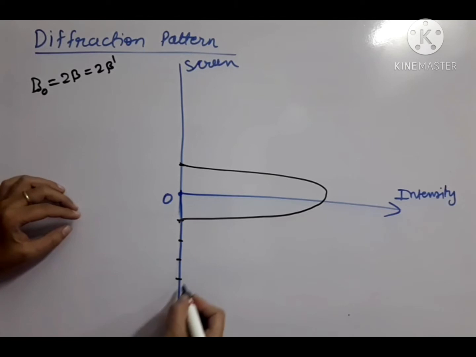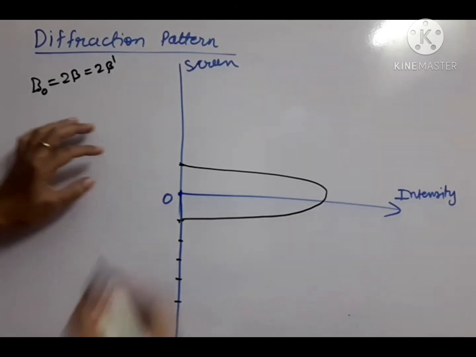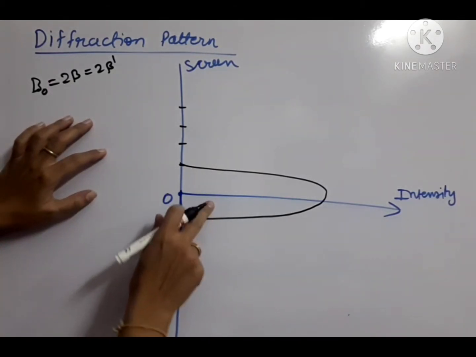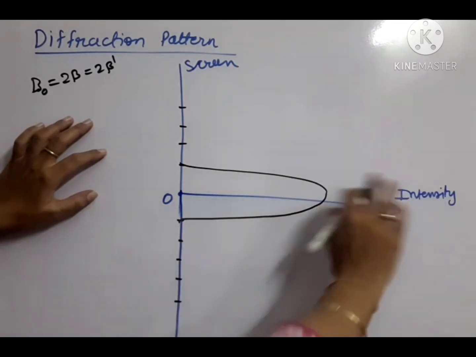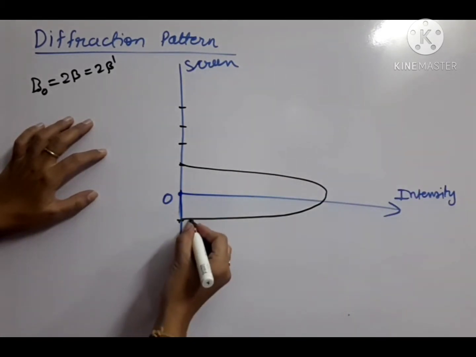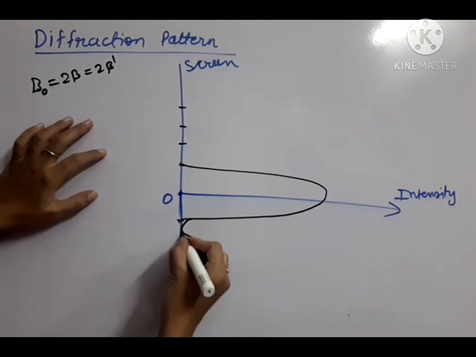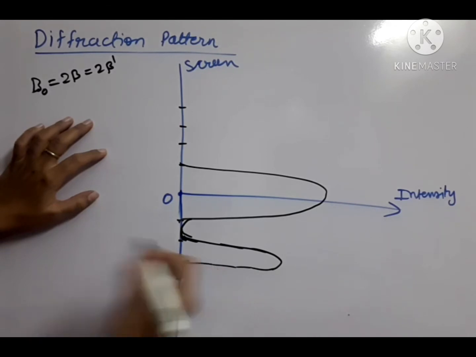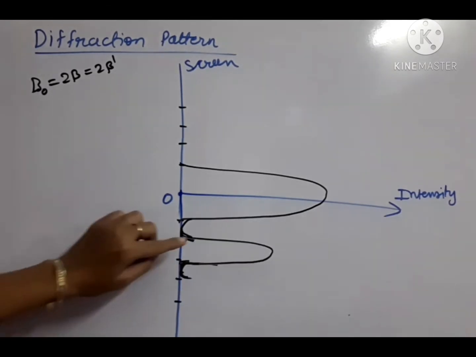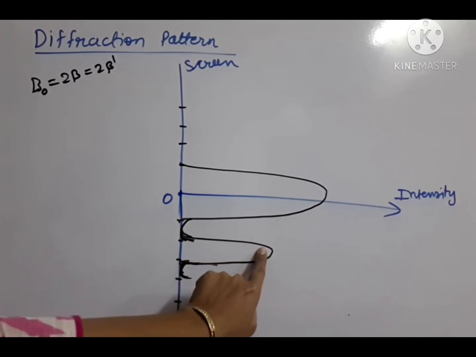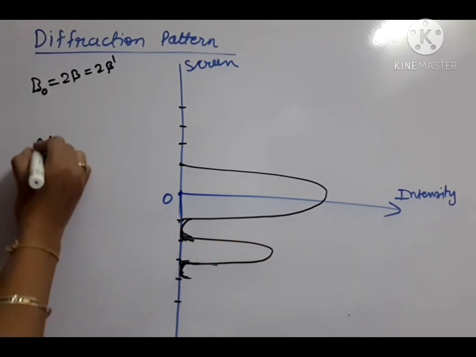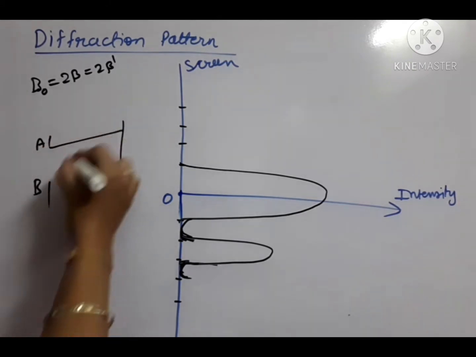And all other widths should be equal. It should not be decreasing order of the widths. All widths should be equal. So just after central maxima, this is maxima. That means intensity is maximum on the screen. Here minima. So minima means almost zero intensity. After that we have to show next maxima. This way. Okay. The intensity of next maxima is decreasing. Okay. Why is this intensity decreasing? So you must be remembering that when we have taken this diagram of the slit AB and here on the screen the waves were reaching.